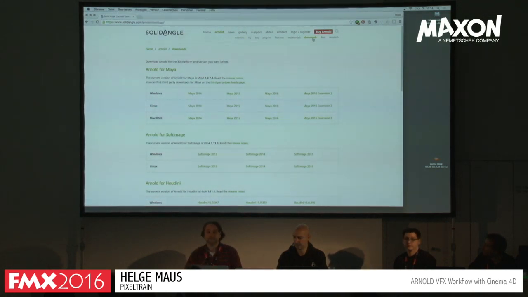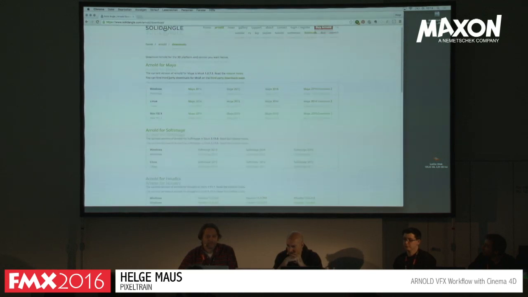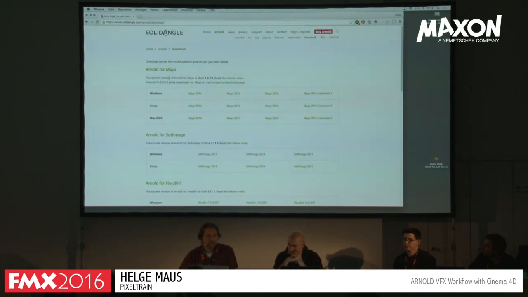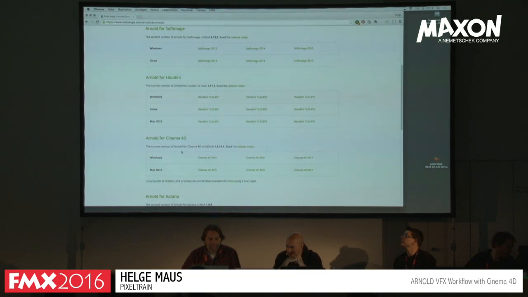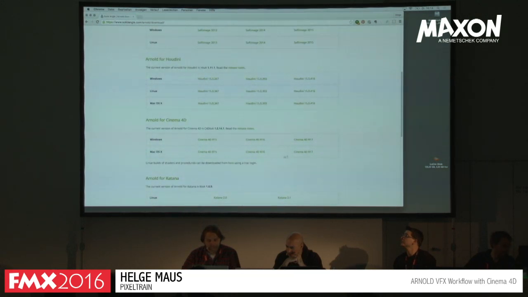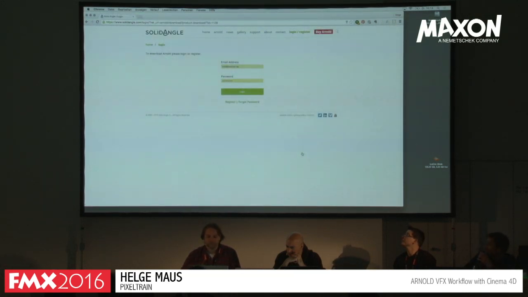If you go to the Solid Angle downloads, like Marco said, we have different bridges out there. It's always the same Arnold in the back. And here you see the Maya version, the Softimage version, the Houdini version, and the Cinema version, and so on. And if I show you now my plugin version,